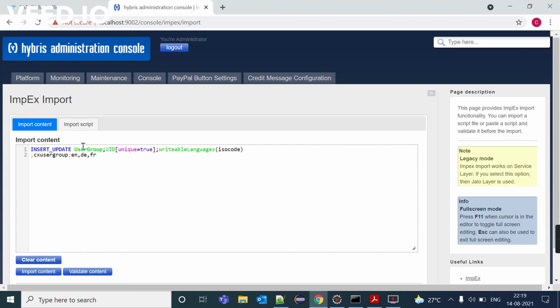In HAC you can see this is user group, that is the item type, then UID I have given here as CX user group, and this is writable languages. As this is an enum type, you need to give one unique attribute. Here ISO code is the unique attribute, so I am giving EN, DE, FR as ISO code attribute values.